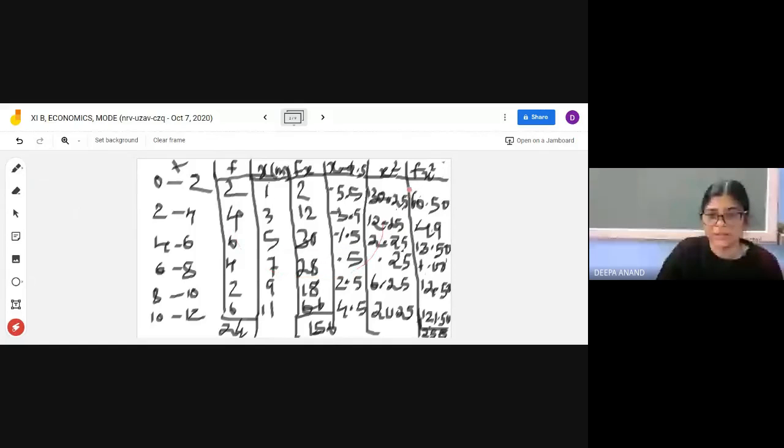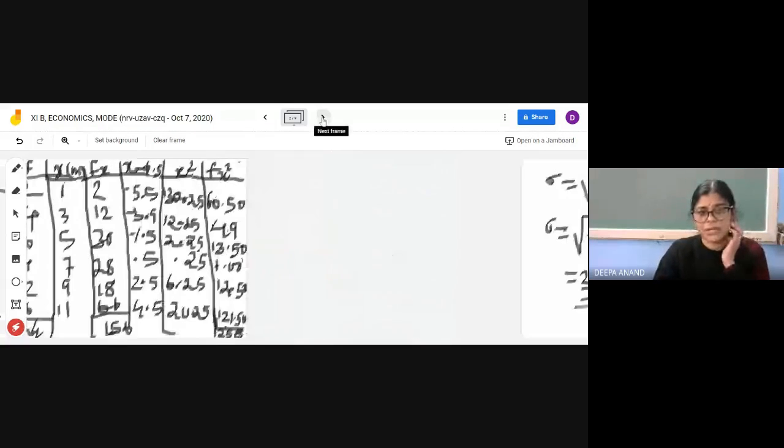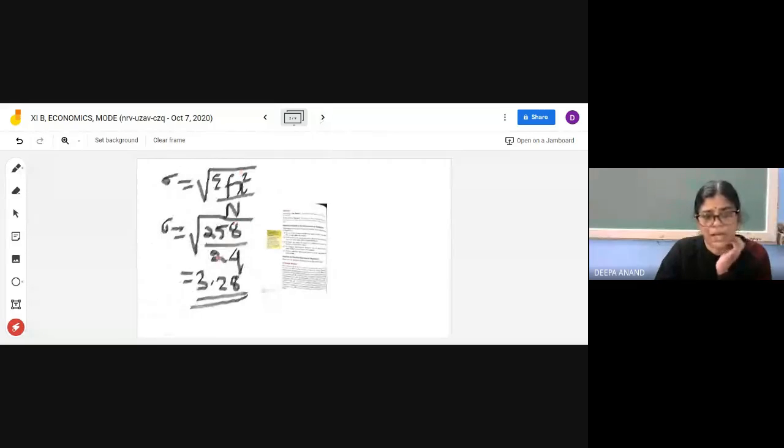Sigma of f into x square, the total fx square, is 258. That is to be substituted in the formula, root of sigma fx square upon n, that is root of 258 upon 24, which is 3.28. This is the answer. So this way you will do the standard deviation in which series? Which series was this? Continuous series. Standard deviation in continuous series by which